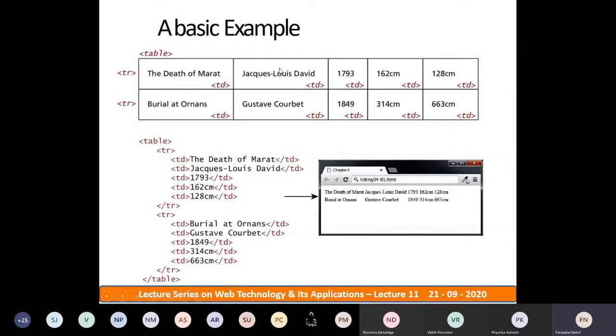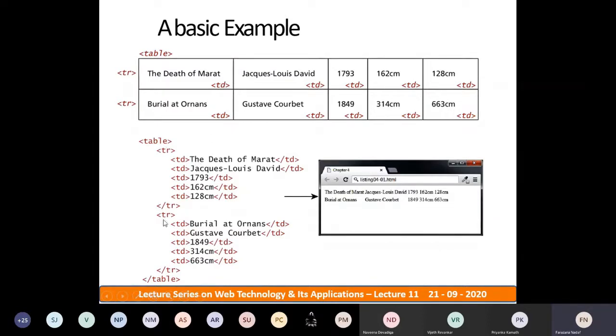This is the first row with 5 columns, right? See, just look at the table here. There is no concept of a table column. Only table row and table data cell are used, right? With this, you can create a table.